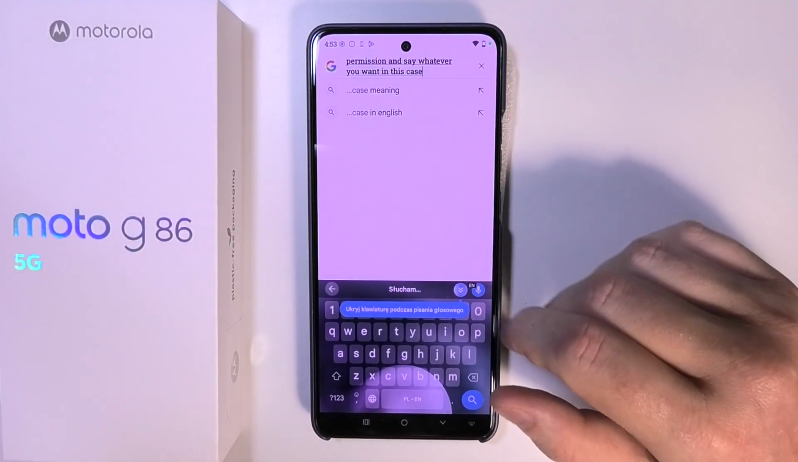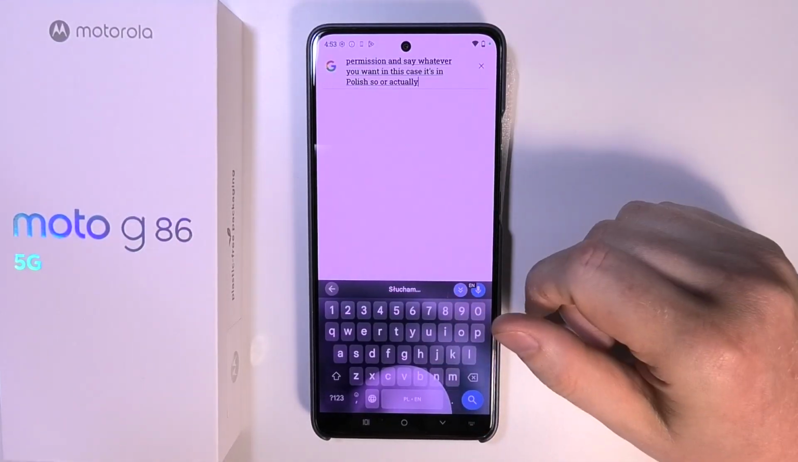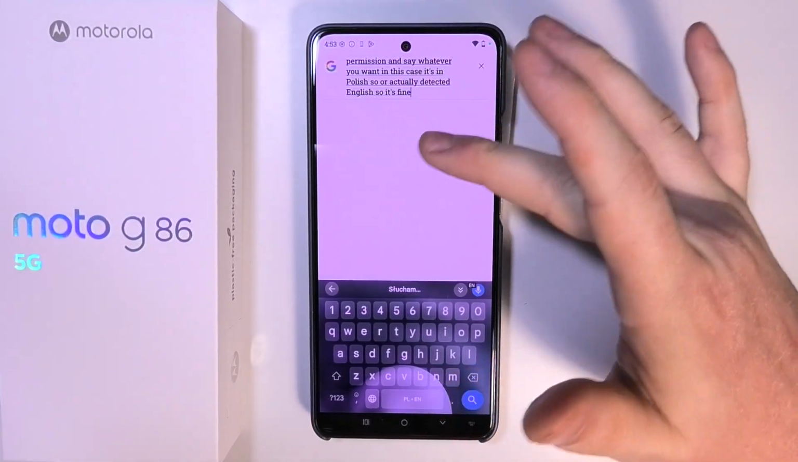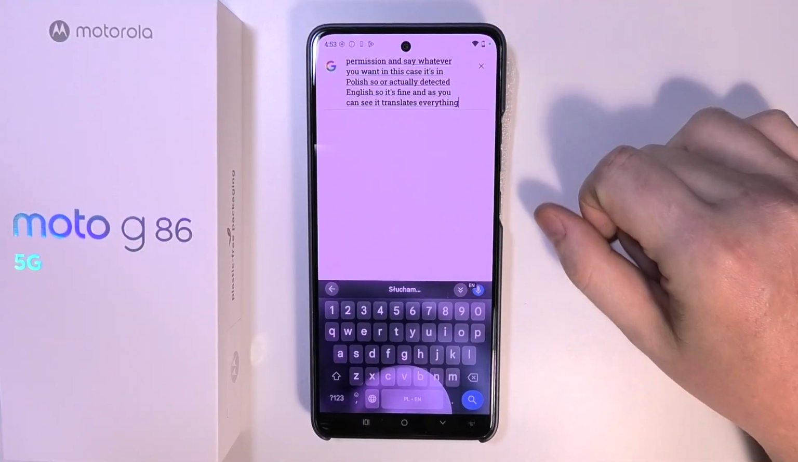In this case it's in Polish, so, or actually it detected English, so it's fine, and as you can see it translates everything to the text. So that is